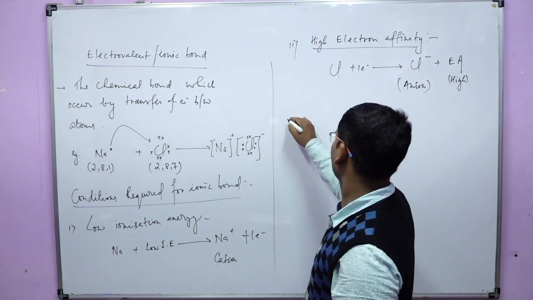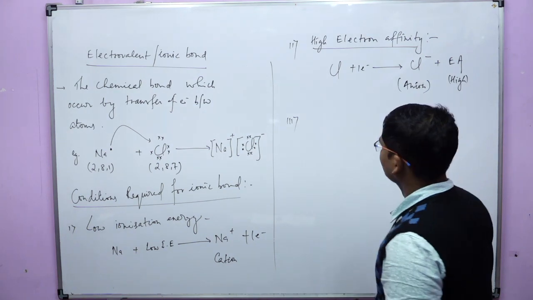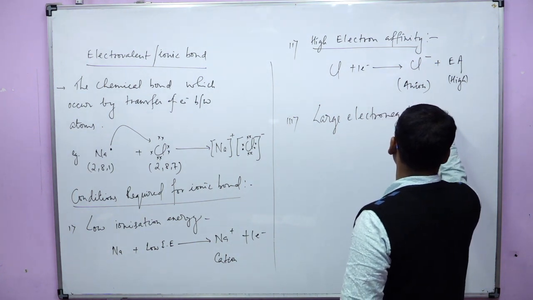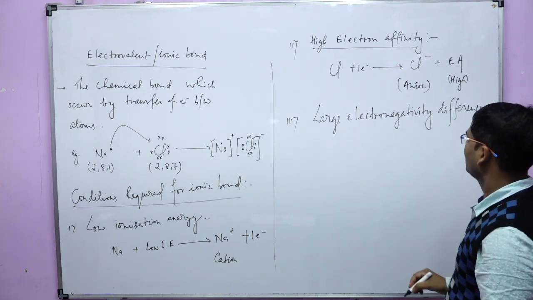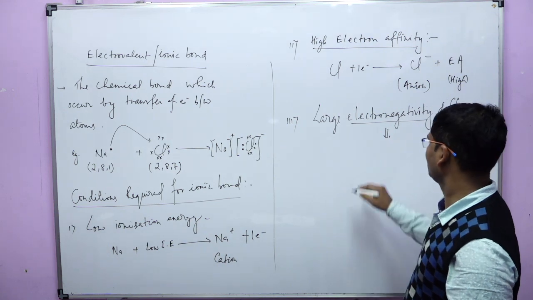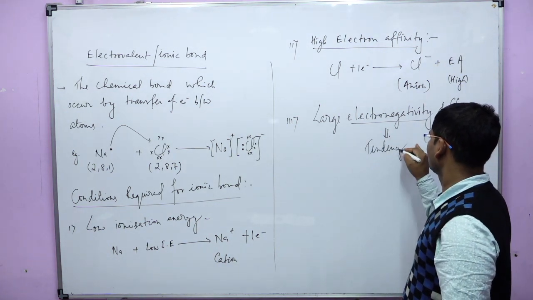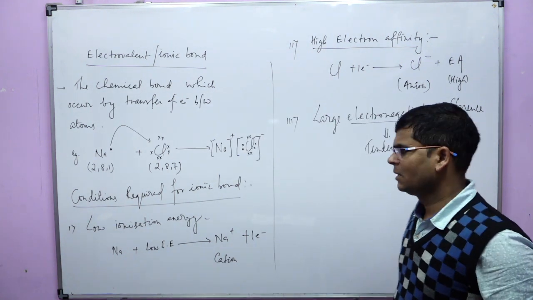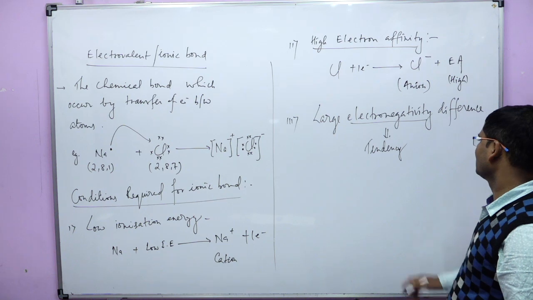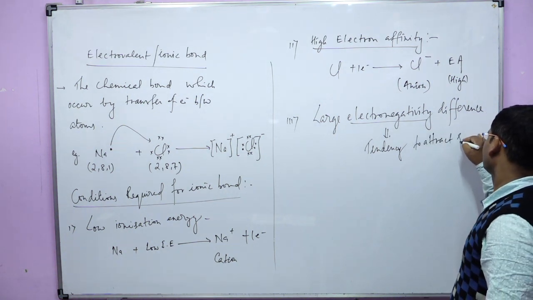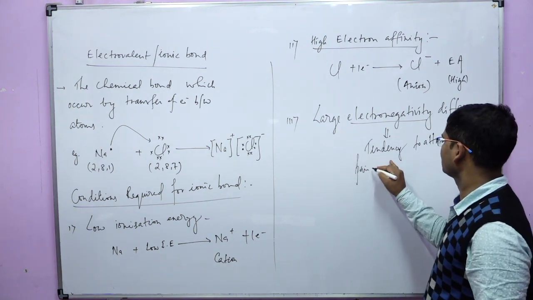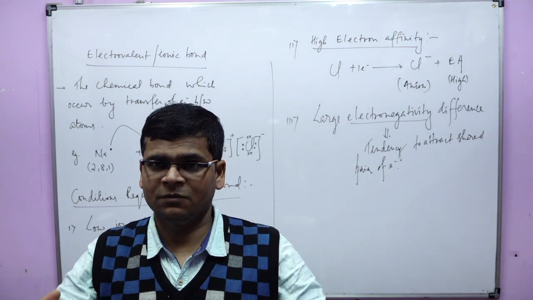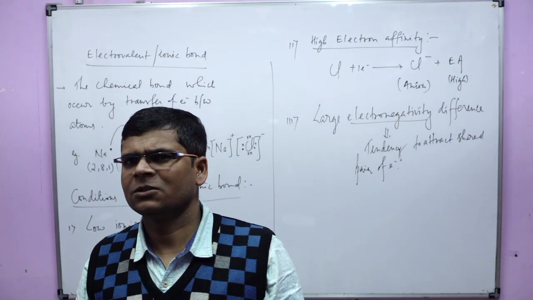Okay. Now the third important factor is large electronegativity difference. However, you have to understand that electronegativity is just a tendency. You cannot say that it has certain dimensions of measuring, but it is a dimensionless property. It is the tendency to attract a shared pair of electrons. So if the tendency to attract a shared pair of electrons is very high, then definitely there is chance of ionic bond